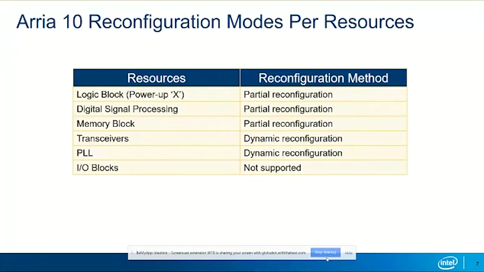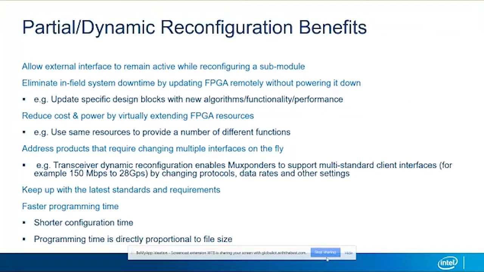So let's look at some of the benefits of partial reconfiguration. First one, it allows external interfaces to remain active while you reconfigure a submodule. So effectively, your device can continue to take data through whatever interfaces, or it can continue to output data to memories or through other interfaces, while you reconfigure part of the design to effectively change functionality. So this is useful in that it helps eliminate in-field system downtime, in that if you want to update the functionality of something, you can do it without having to take the board down or without having to take the FPGA